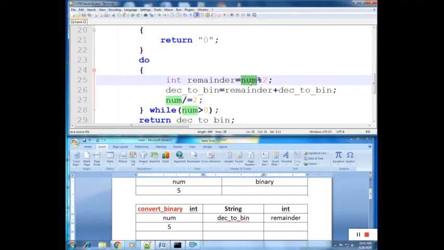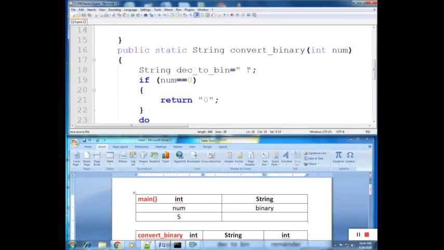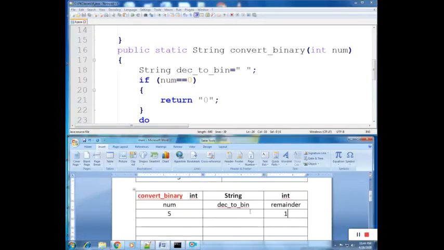Now the value is 5. 5 mod 2, remainder will be 1. Decimal to bin is blank.